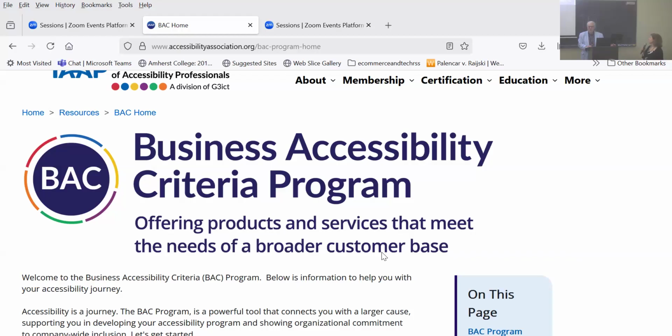Yeah, and you're absolutely correct. That's one of the distinctions with this program, that it's across the enterprise. It's not just digital. Not going to lie, the digital set of criteria is much more extensive in this tool because of the nature of IAAP's world, but it does cover all aspects of an organization, so at least we try to cover as much as we can.